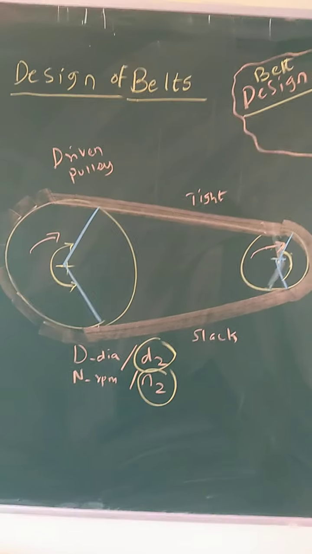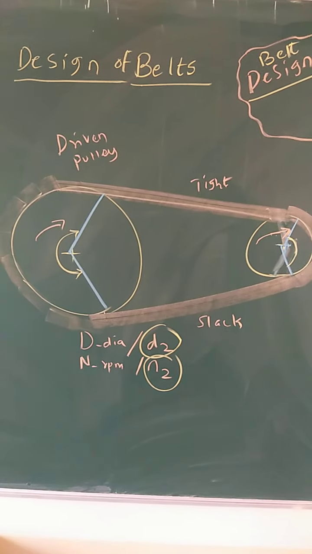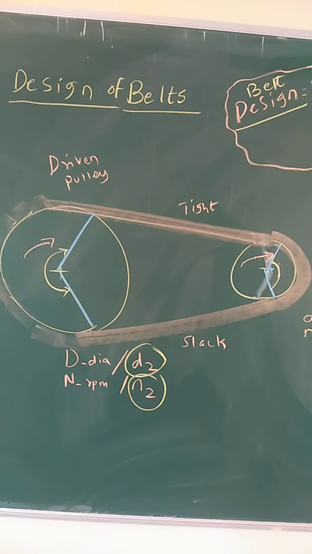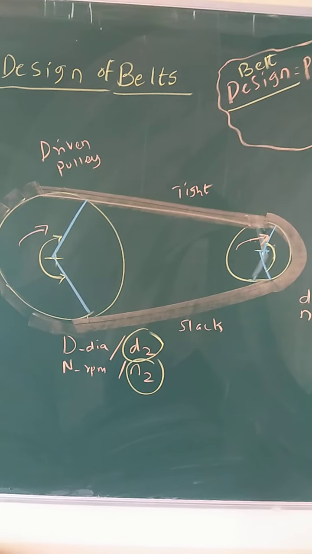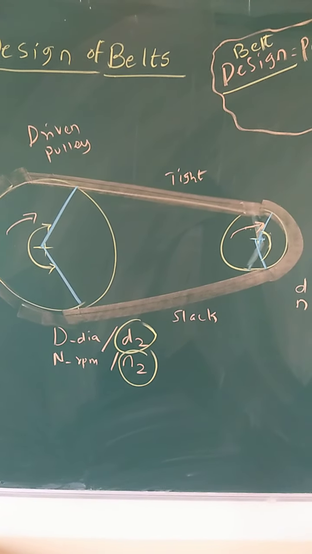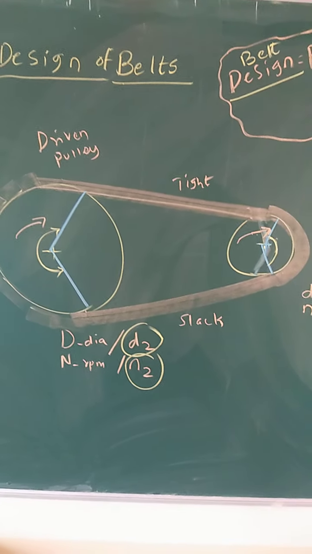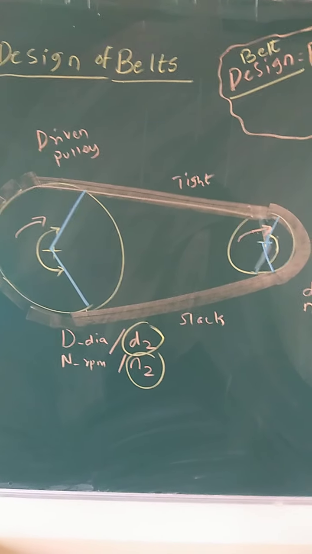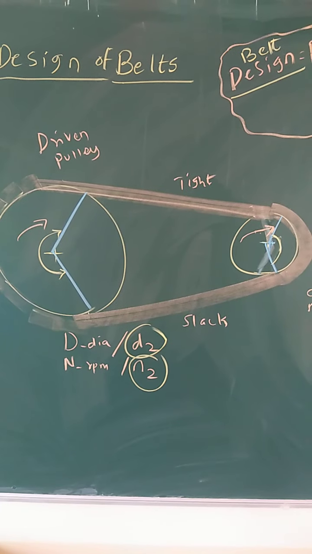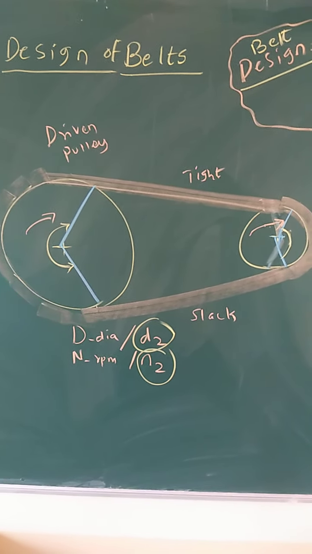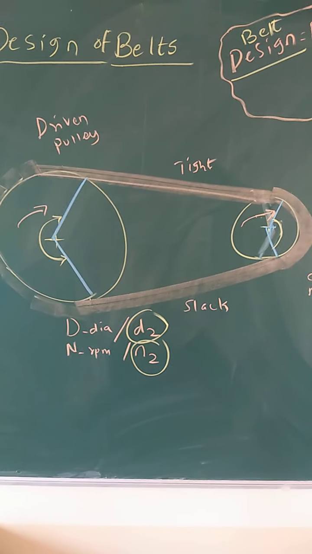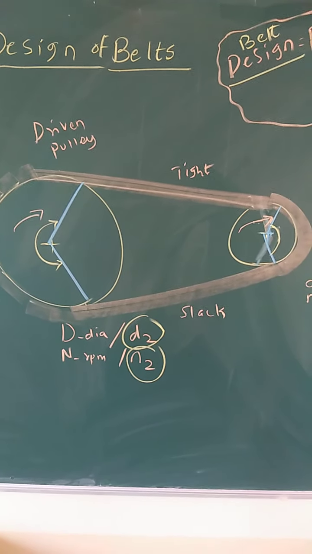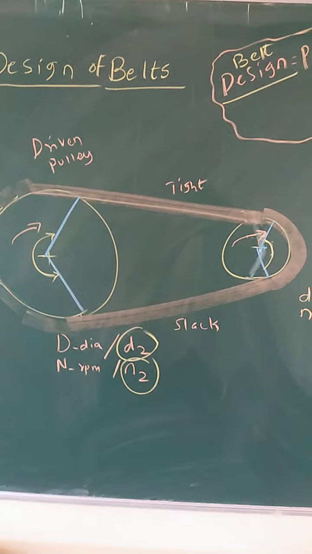Before starting with the design of belts, let us see what exactly the meaning of the design of belts is. Then you can easily understand why you need the design of a belt. You may be surprised, thinking, what is the necessity of designing flat belts, because a flat belt is just a material. A manufacturer will manufacture the belt, flat belts or V belts or whatever, from materials like balata, camel hair, leather, etc. So you might be thinking, what is the design in that belt? You should know the fundamentals before we start with the design.